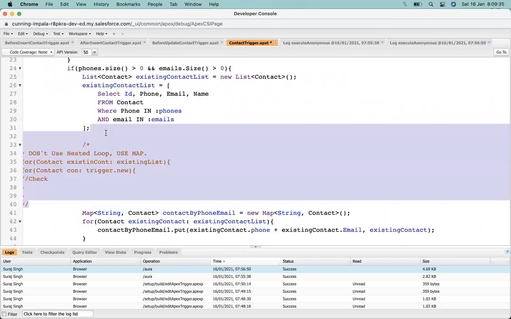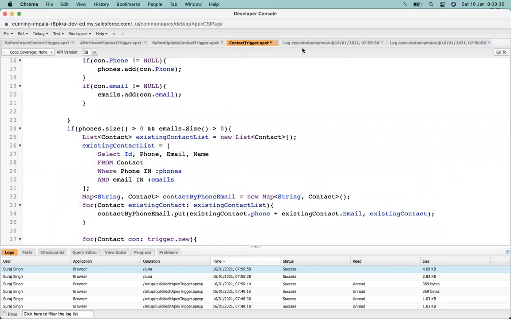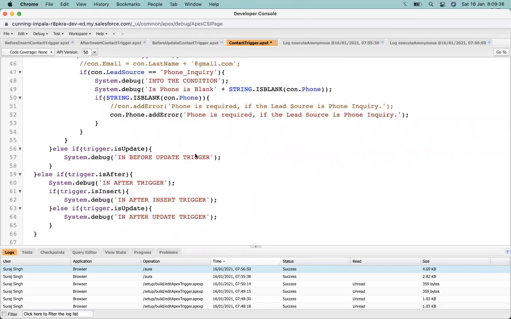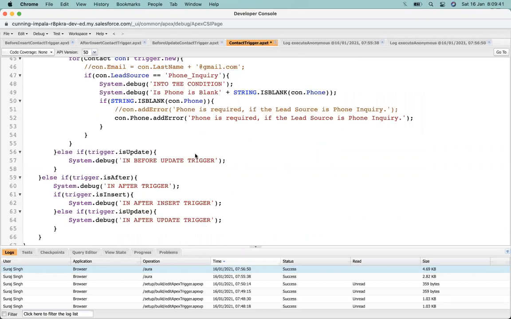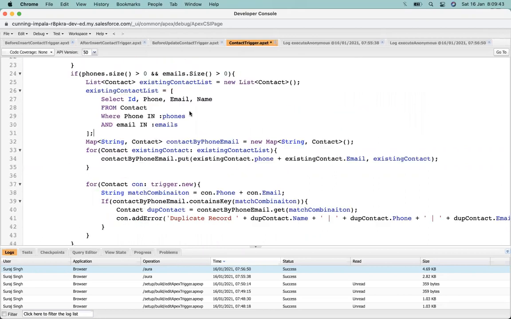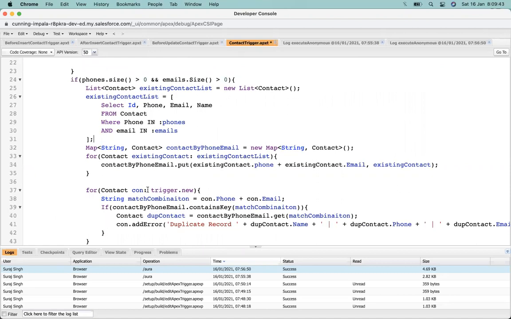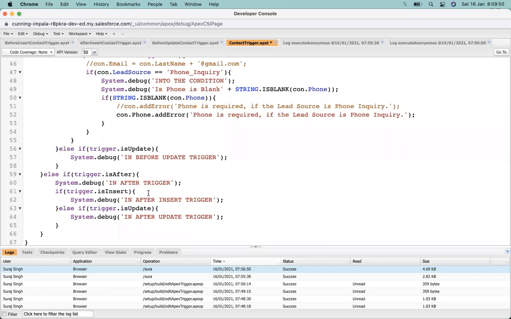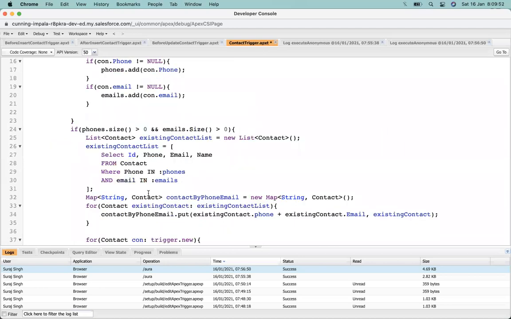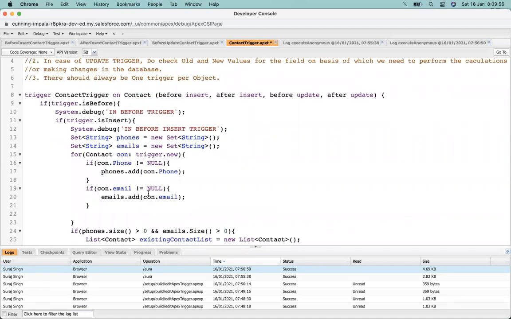But the issue is that this code becomes much larger. It makes it hard to identify things, and very hard to process. So instead of writing so much code up here, we will separate the logic into some other class and use that logic in the trigger.